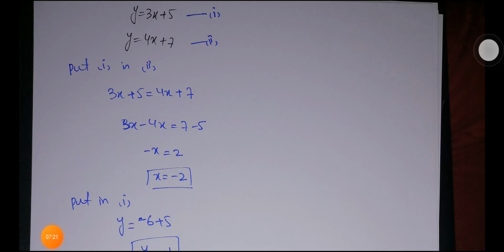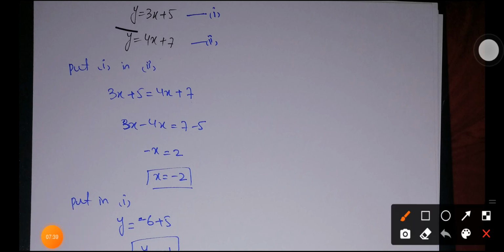Now we are going to attempt the same question by using substitution method, and for substitution method we are going to take the value of one variable from any one of the equations and then we will substitute that value in the other equation. So I am using equation 1 for taking the value and I will find out the value of y. You may check that you can find out the value of x and substitute in equation 2, but it's preferable to find out the value of y because the coefficient of y is 1 here.